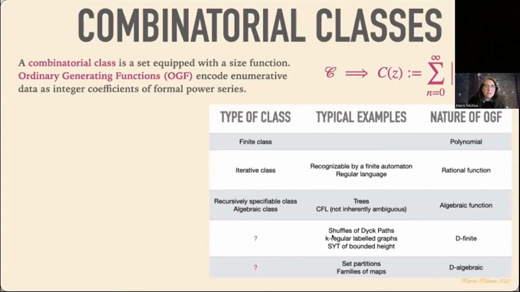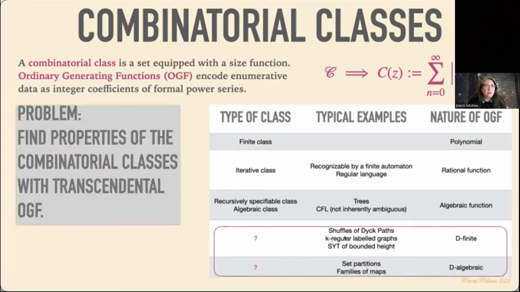Okay, so here are some examples which we'll come back to in a moment. This correspondence isn't entirely perfect, and somehow the holes are actually very interesting, but that's a subject for another talk. Okay, so I'm interested in looking at these two bottom classes and trying to understand combinatorial criteria for these transcendental classes.